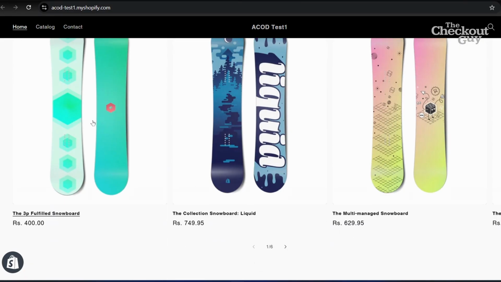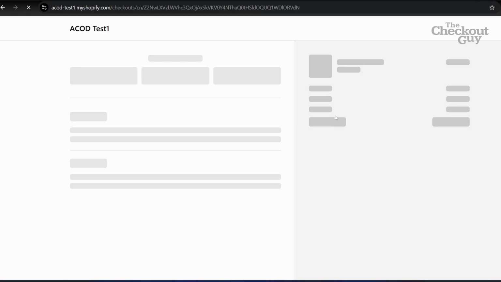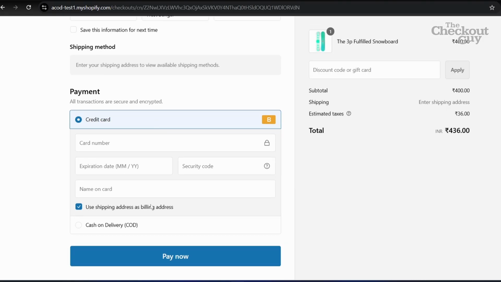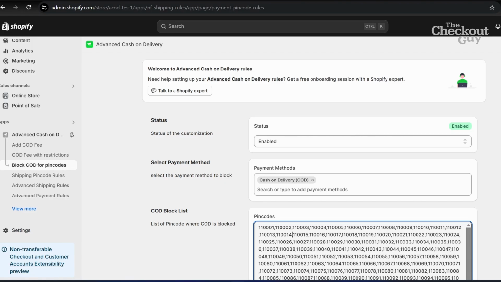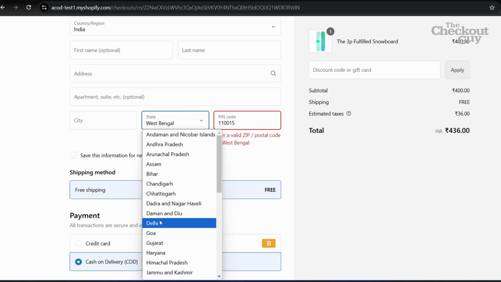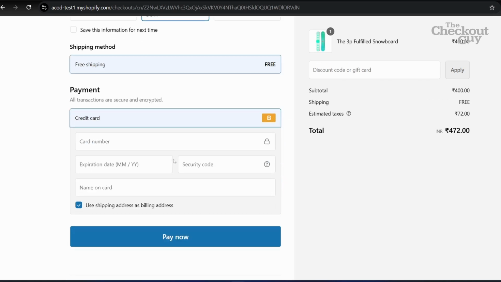Now go to the online store and select the product to purchase. You can see the cash on delivery option is available. But if I copy and paste a pin code from the list, you can see the cash on delivery option is unavailable. So in this way, you can do this